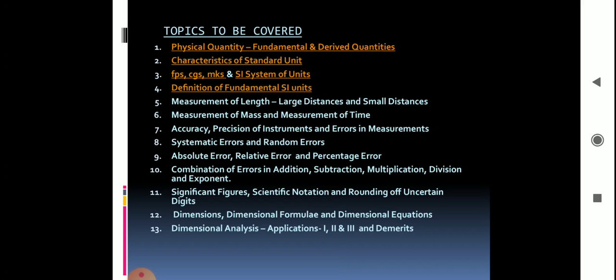distances, measurement of mass and measurement of time, accuracy, precision of instruments and errors in measurements, systematic errors and random errors, absolute error, relative error and percentage error, combination of errors in addition, subtraction, multiplication, division, significant figures, scientific notations and rounding of uncertain digits,